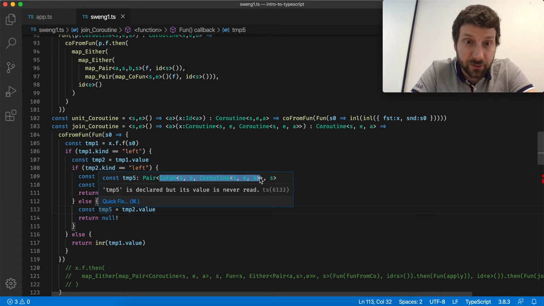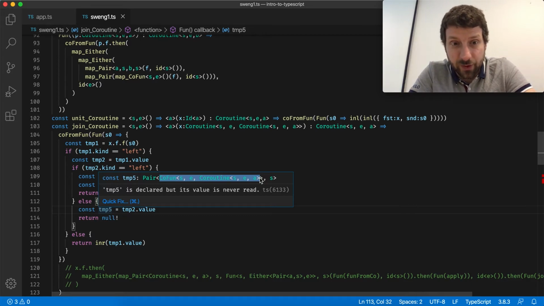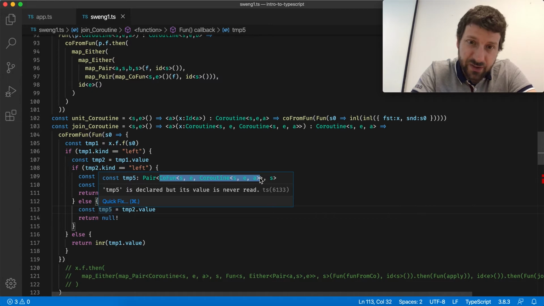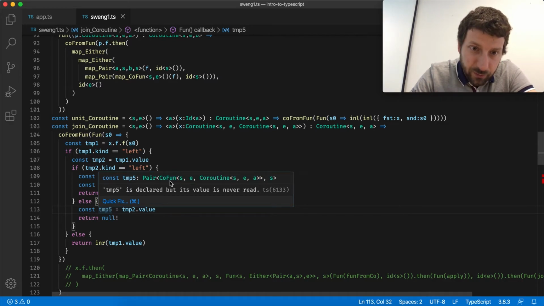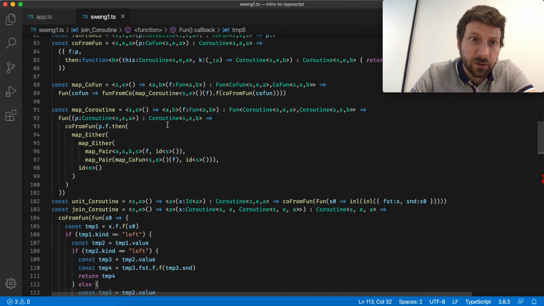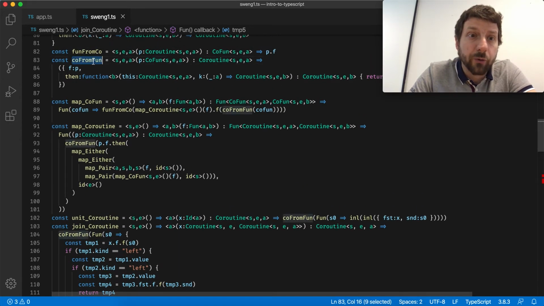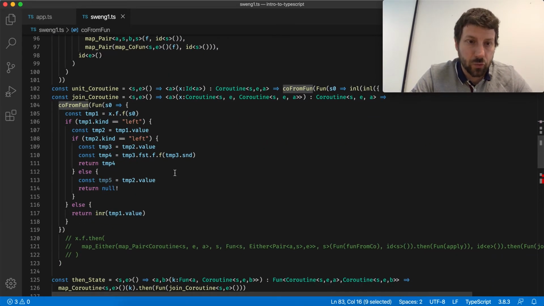The problem is again that join coroutine doesn't work with cofun. It works with coroutine of coroutine. So let's turn this into a pair of coroutine of coroutine. So we have to turn this cofun into a coroutine. It's not very difficult because we know how to turn a cofun into a coroutine. We have co from fun. Okay, so